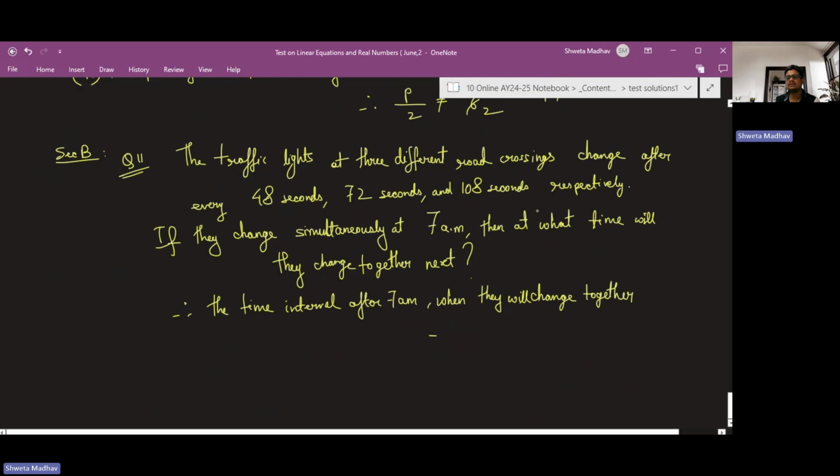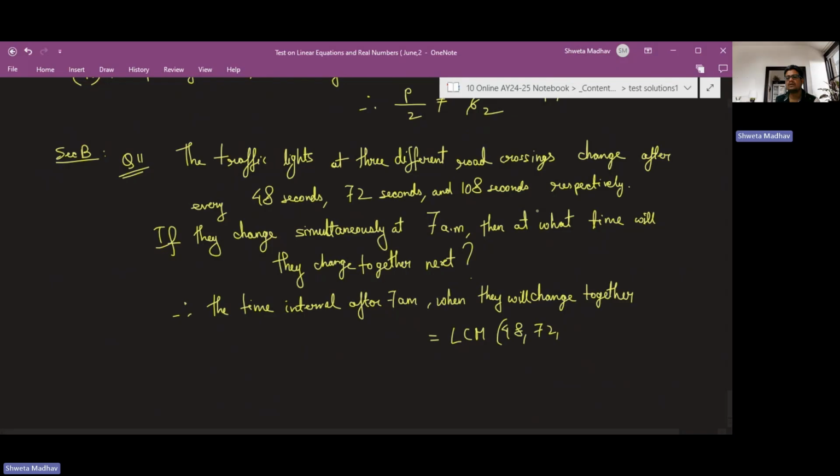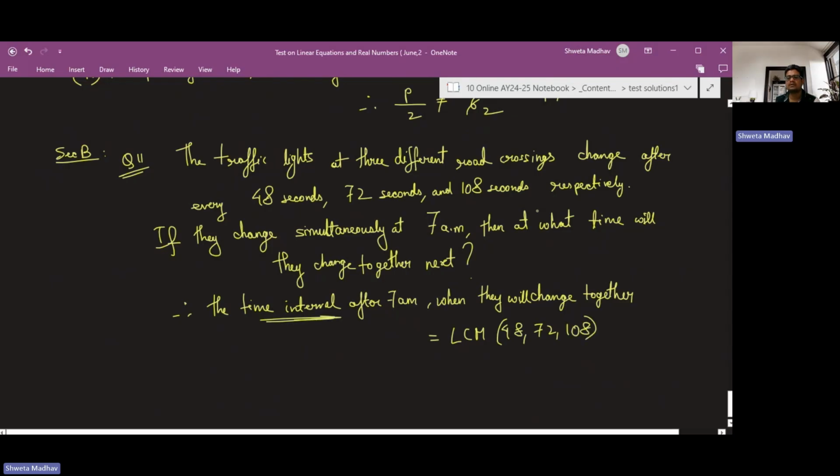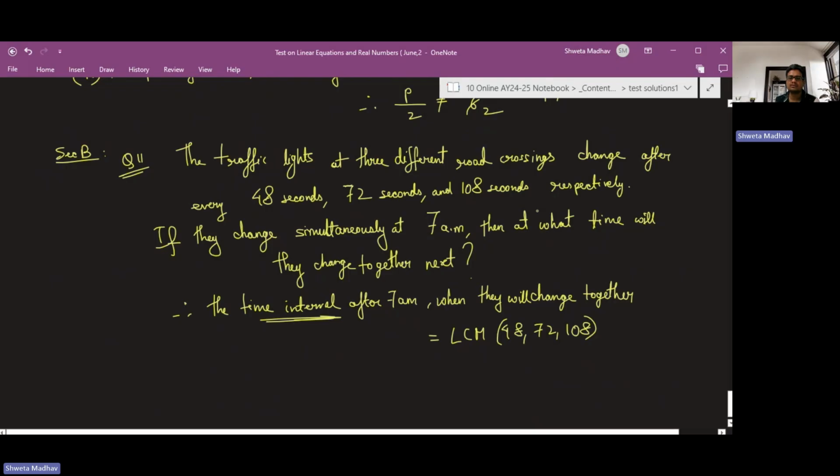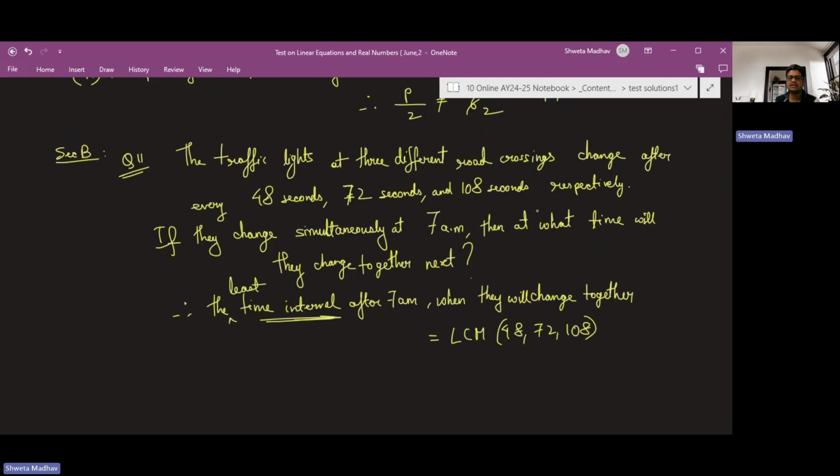That will be obviously the LCM of 48, 72 and 108. Since that time interval after 7 a.m. has to be a common multiple, it should be a multiple of 48 also, and it should be a multiple of 72 also, and it should be a multiple of 108 also. And we need the least time interval after 7 a.m. when they will change together